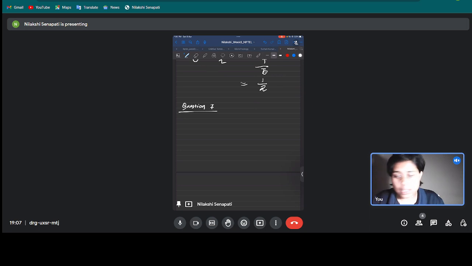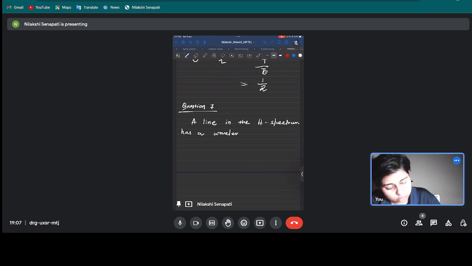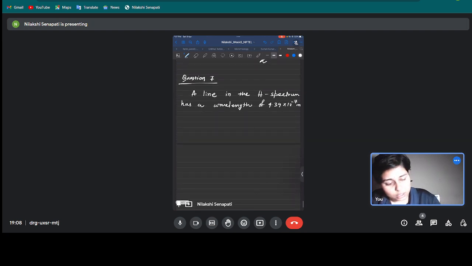Question 7 is telling that a line in the hydrogen spectrum has a wavelength of 4.34 × 10^-7 meter. A line in the hydrogen spectrum has a wavelength of 4.34 × 10^-7 meter when detected on Earth from a distant galaxy,